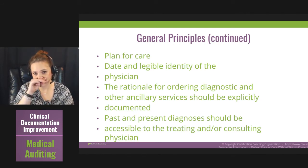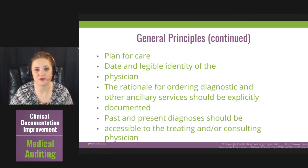Rationale for ordering diagnostic tests. Why are you ordering an MRI on this patient? Because they have a brain tumor. You know, ancillary services and stuff, it all has to be explained. Past and present diagnoses should be assessed. Why? Because if the person is a BKA, you want that on every single document, every encounter, every time